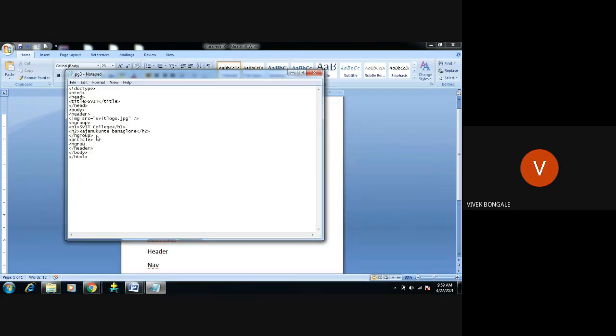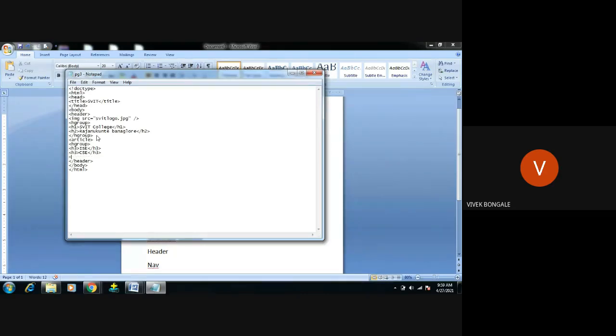hgroup. Then I will give H3. I don't want to display that particular data, it is not that important. ISC, right, H3. Next, I want to display the CSC content. It will go into the group.